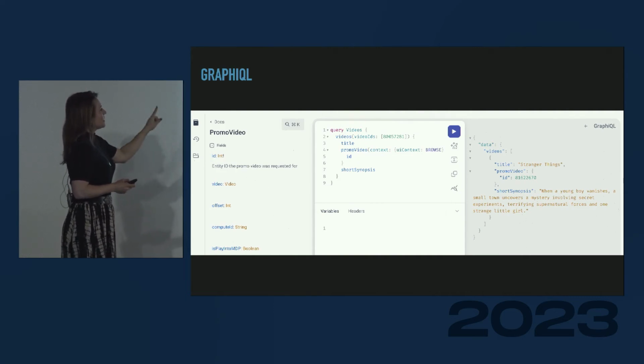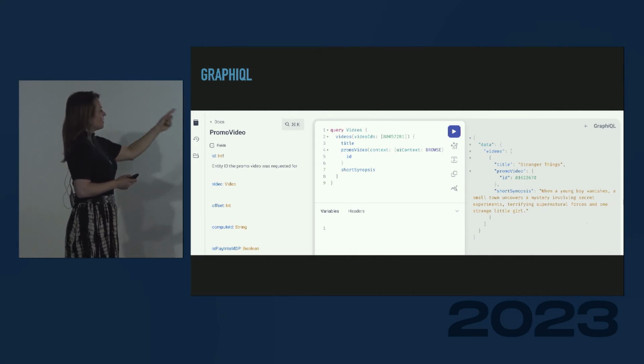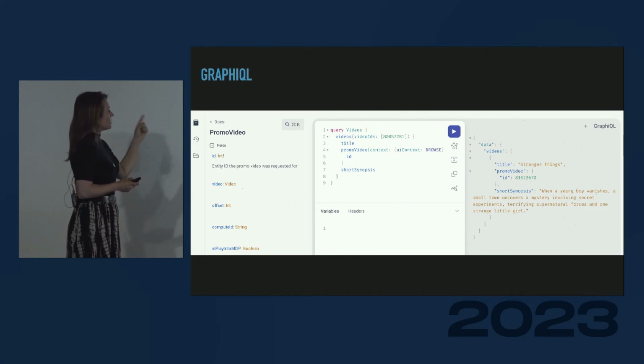When I hit the play button, I can immediately see the JSON that I get back. You will notice that it immediately maps to the data that I'm asking for: the title, the promo video, the short synopsis. If I would add another one in there, it would just show up the same way. So it's super nice, you can immediately see it.